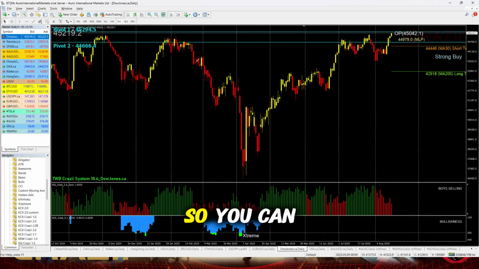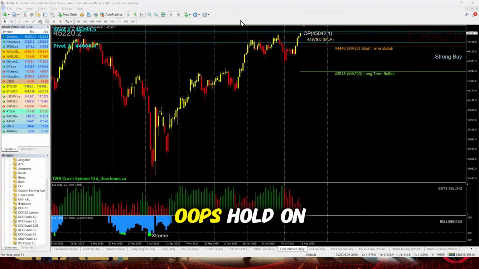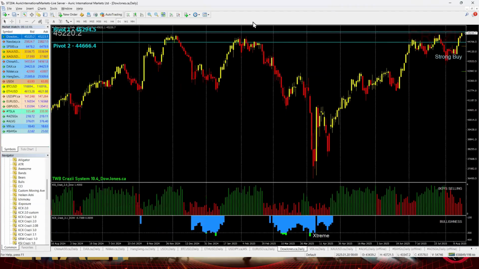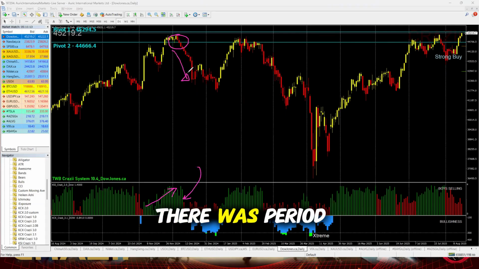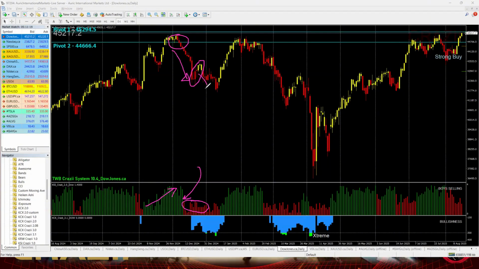Okay. So you can see that. Now, it's very clear that the last time when we saw a downdraft here, the KSI was all the way green before it turned to red. And then that's where the selling came in, okay? Then there was a period of time whereby the prices went up and the KSI stayed red. And then the price came lower. Okay, got the idea now?